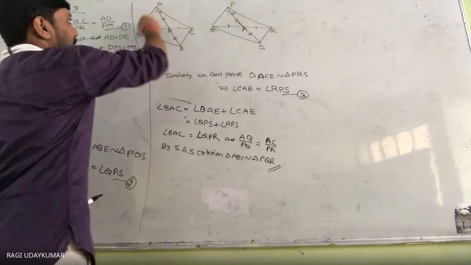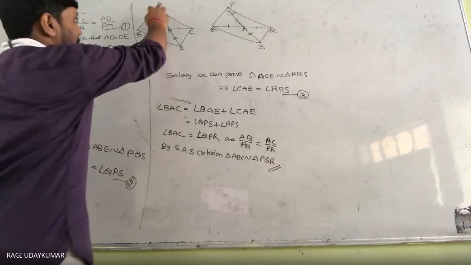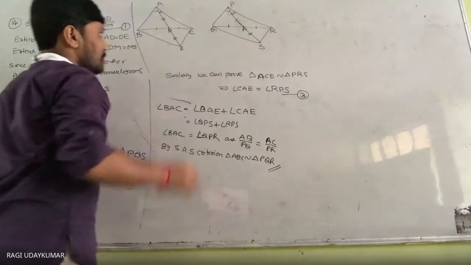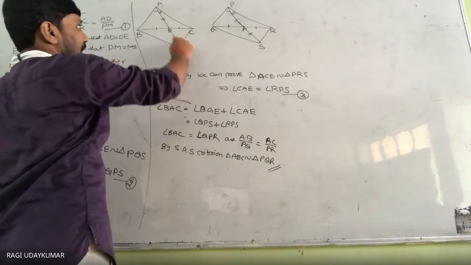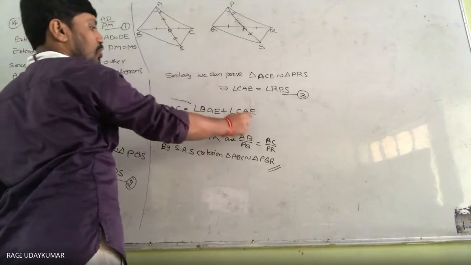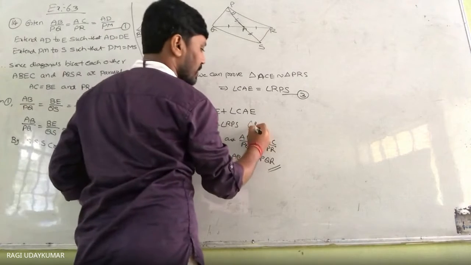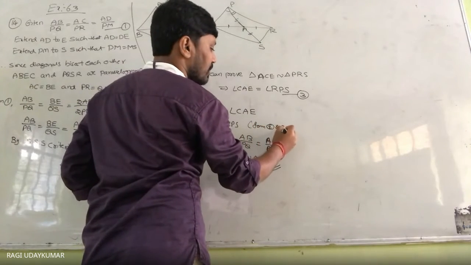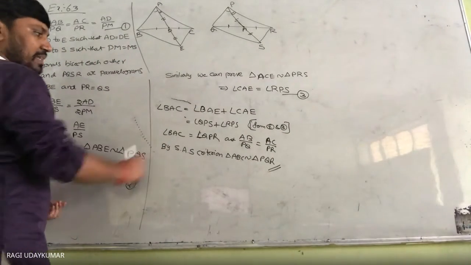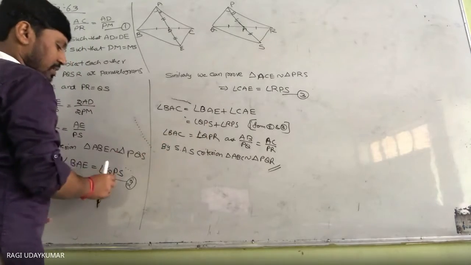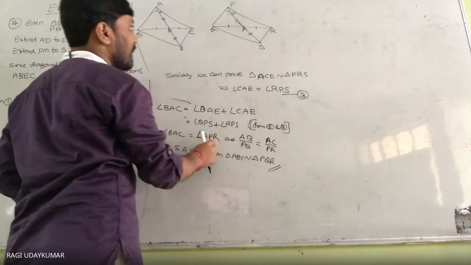Actually, it is given that this triangle is given to you, but we have constructed a little bit more. Our intention is to prove this angle equal to this angle, na? So I have taken this angle BAC. BAC can be written as BAE plus CAE, दोनों का sum. BAE is equals to QPS, either you can write from 2 and 3. If you get confused, BAE is equals to QPS. BAE के प्लेस में QPS लिख दिया. नेक्स्ट CAE के प्लेस में RPS लिख दिया और दोनों का सम QPR होगा.